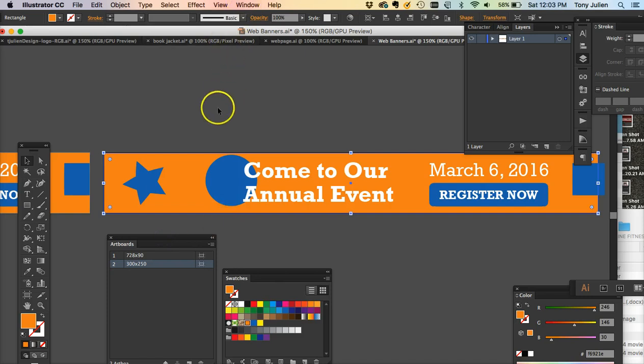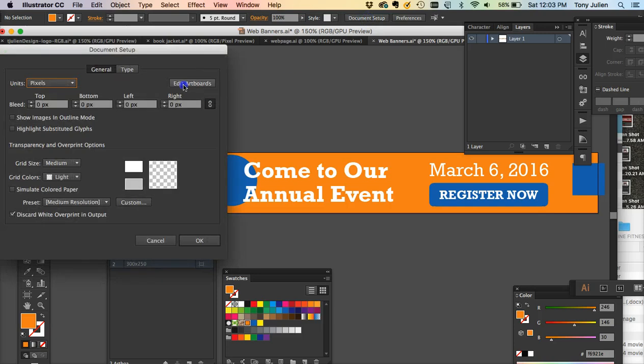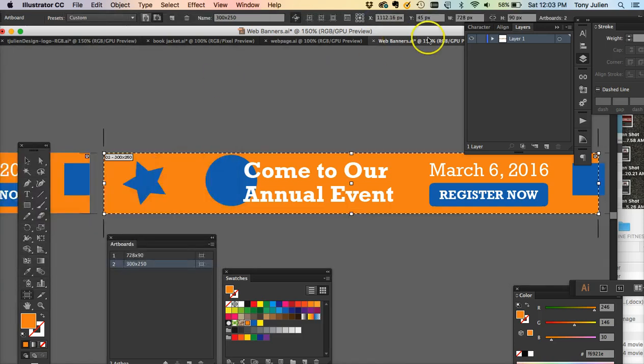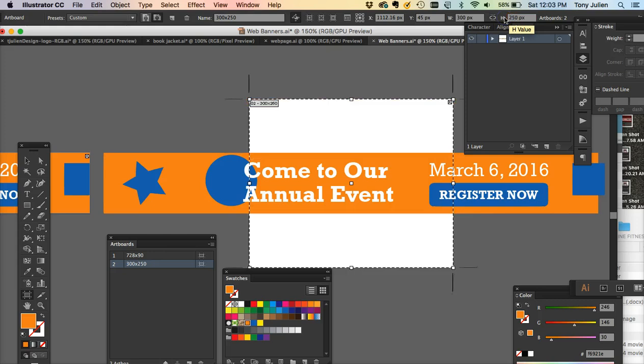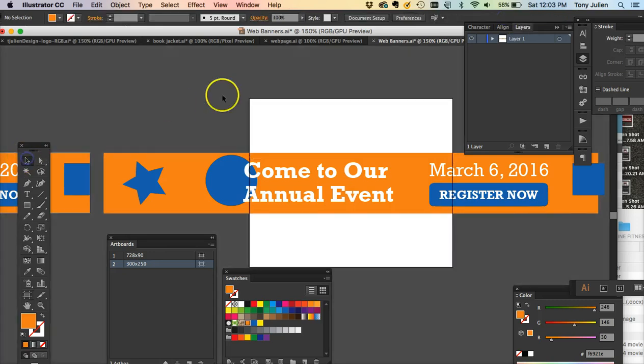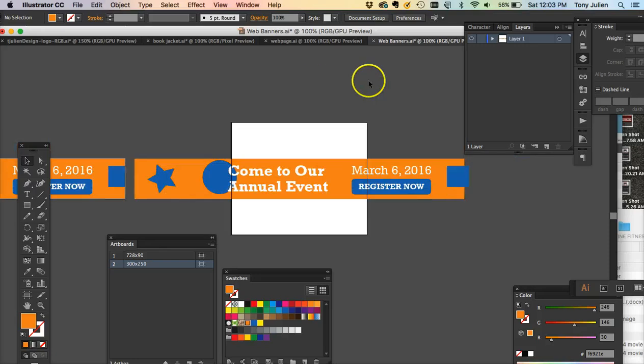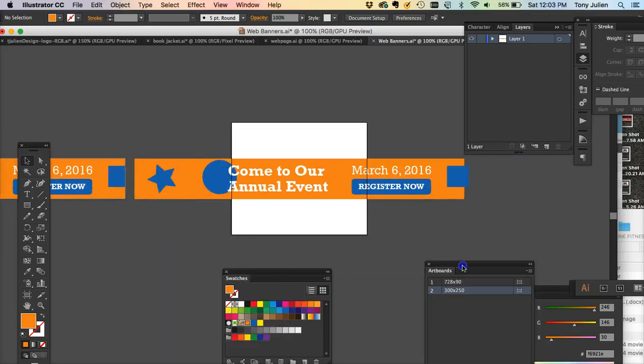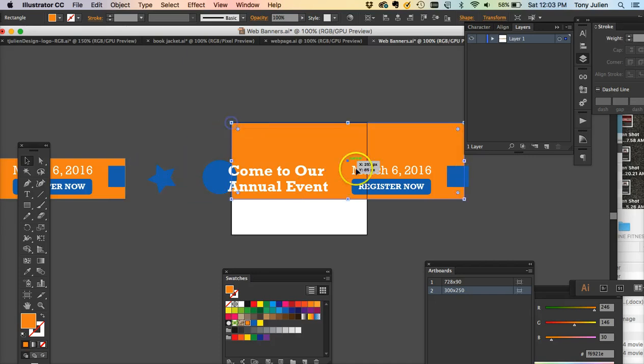Okay, so I'm going to click out here and then choose Document Setup, Edit Artboards. That's going to give me the opportunity to change the values from 300 to 250. So now I have a square artboard. All I have to do now is hold down the edges and either move them in,